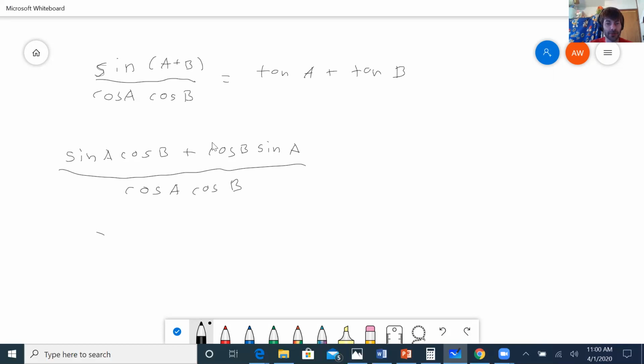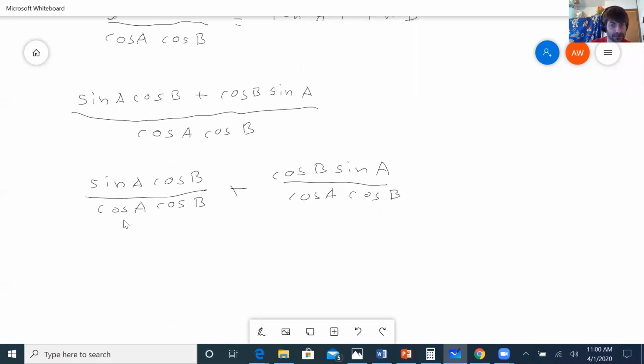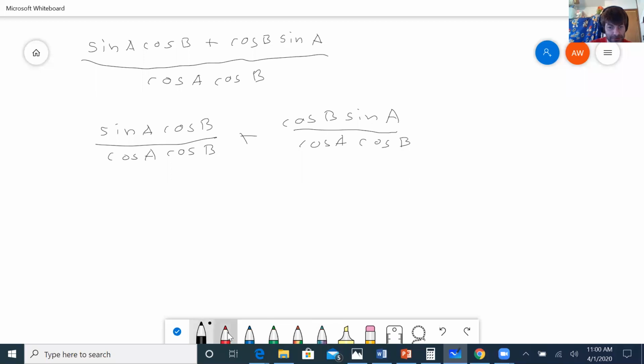All right, now we have a fraction. We have two terms in the numerator and one term in the denominator. So I'm able to split this up as sine A cos B over cos A cos B plus cos B sine A over cos A cos B. Now everything can cancel. So my cosine B's can cancel over here. And my